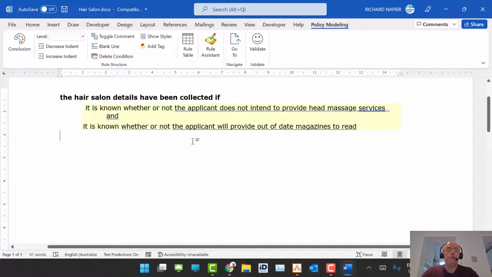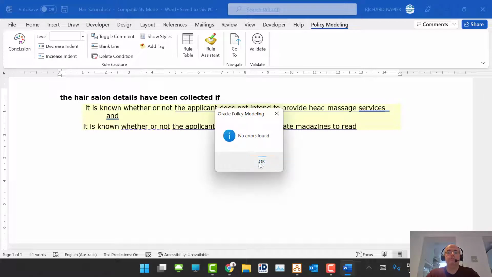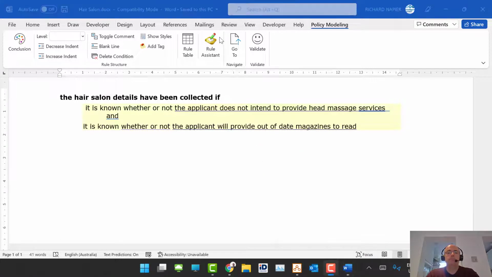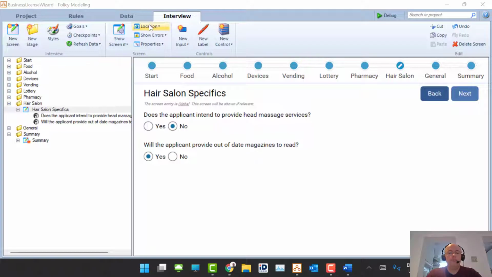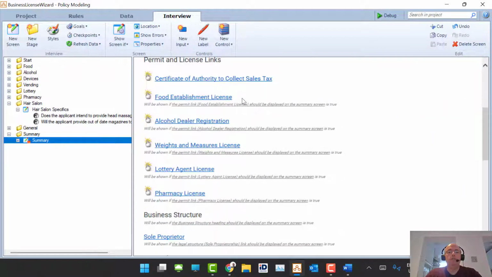So this is what we consider to be our hair salon details. Now that we've done that, we have essentially only one more thing to do, which is to go to the summary screen. And on the summary screen, you will see a bunch of links. And all of these links relate to different permits and so forth that you need to provide to your potential